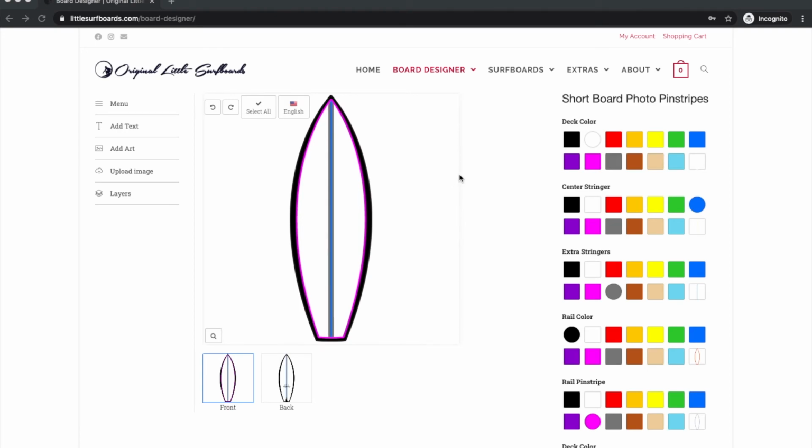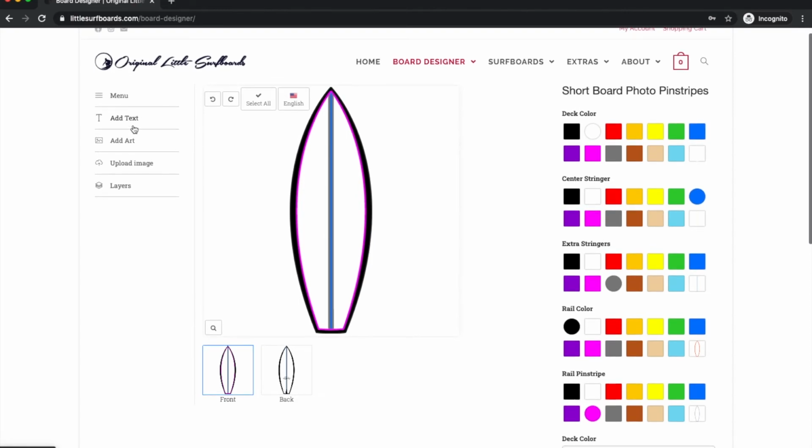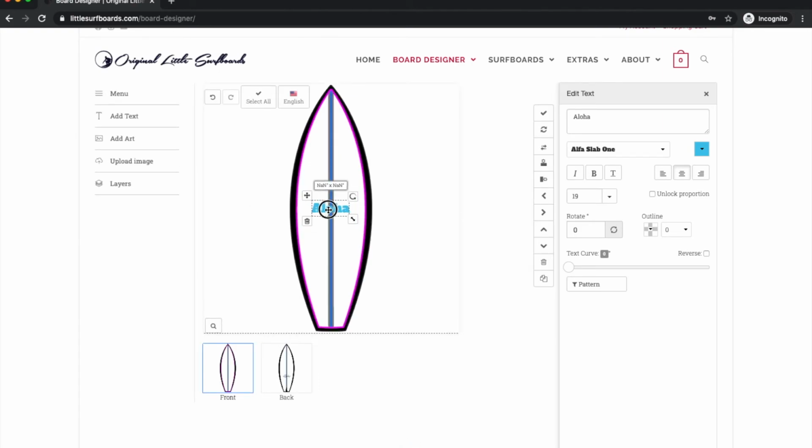So here is the board we've been messing around with. The colors, it was green just prior to this, but to demonstrate these functions, I'm going to change the deck color to white because these functions over here are the art part of what we're going to do. So first, adding text, just click on that and it will put the default word aloha here with a set